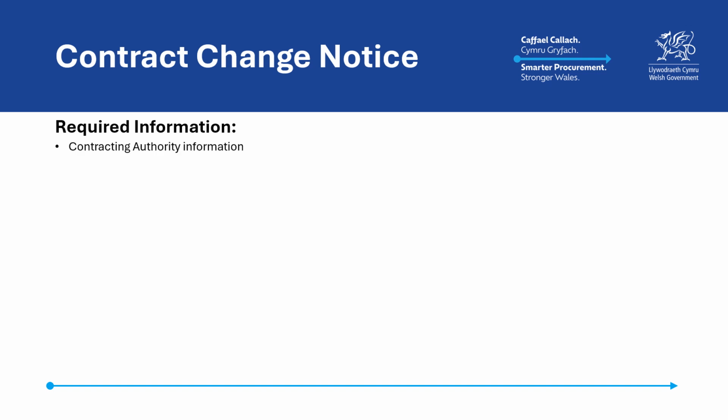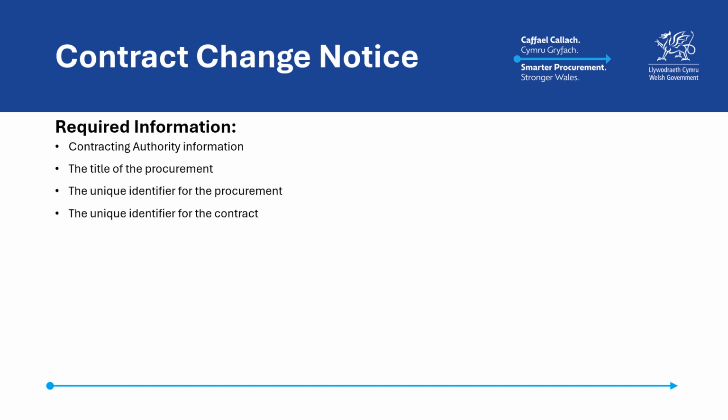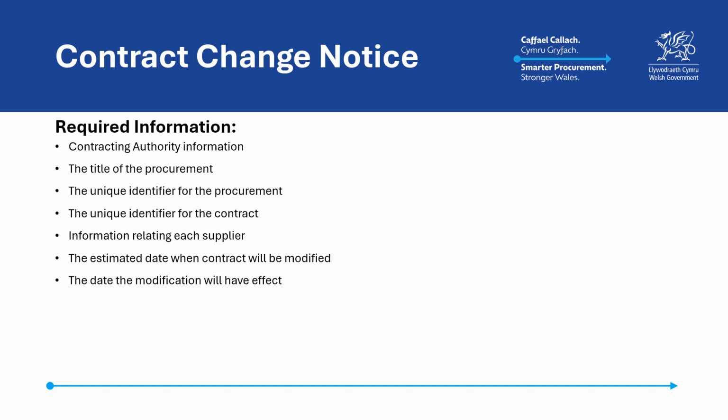The information is: information about the contracting authority, the title of the procurement, the unique identifier relating to the procurement, the unique identifier relating to the contract, information relating to each supplier which is party to the contract, the estimated date when the contract will be modified, the date the modification will have effect, whether a voluntary standstill period applies in accordance with Section 76 of the Act, and, if so, the duration of that period,